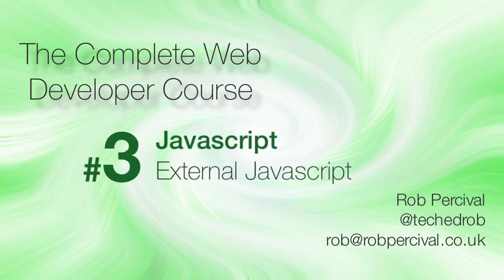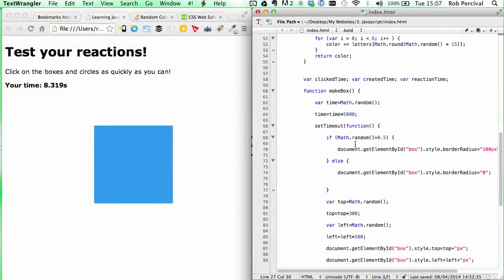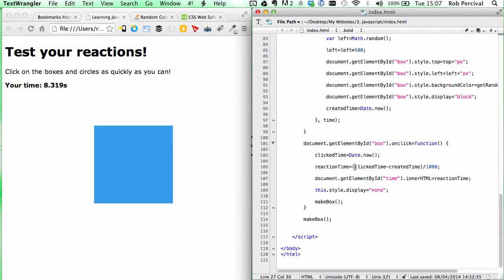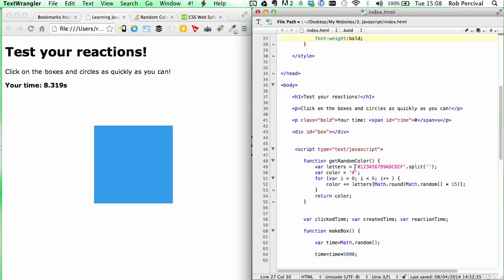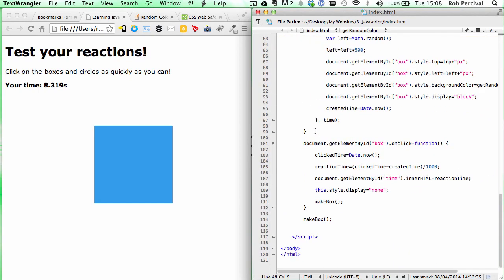So for the final video in this section, I'm just going to show you how to use external JavaScript. Just like with CSS, as you can imagine, with complicated sites, these scripts get extremely long. But this is a relatively simple game that we've got here in our challenge, and we've still got a page and a half or so of JavaScript, and we don't really want that messing up our HTML. So what we do, very, very similar to CSS,